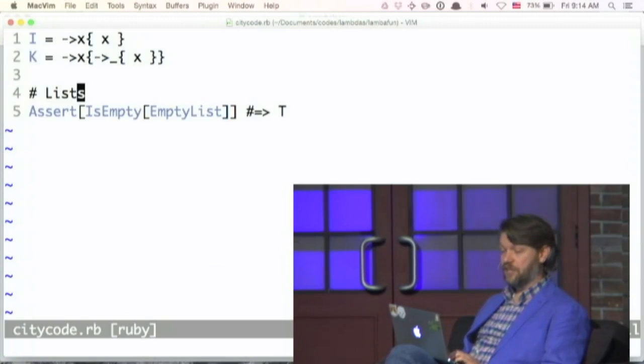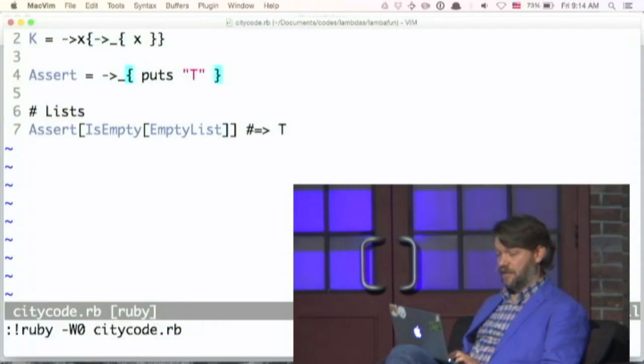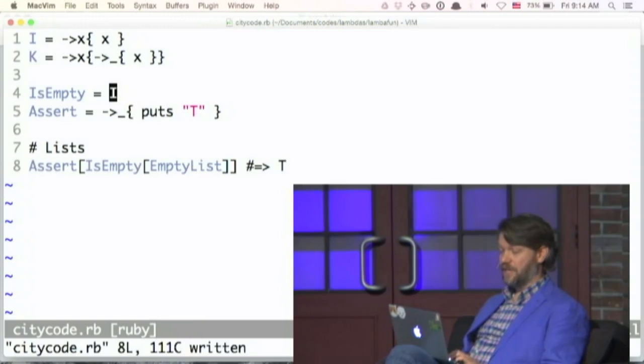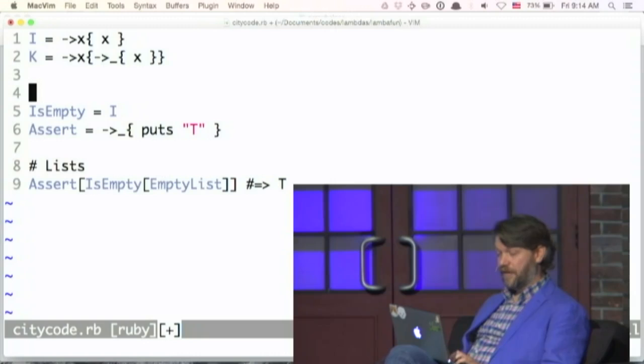Well, uninitialized constant assert. Let me actually build an assert. I don't know what it does. I know it takes a parameter, right? I don't know what that parameter is, but let's just do a puts T. Oh, well, is empty I don't have. I don't know what this is, and it doesn't really matter. So I'm just going to use the identity function. The identity function is kind of our no-op. It's a thing that doesn't do anything. So if I ran this, of course,